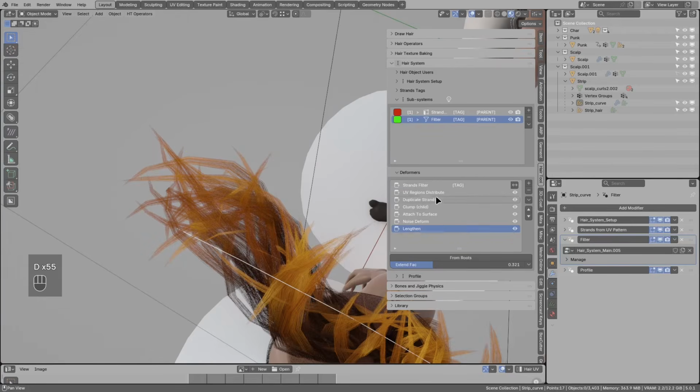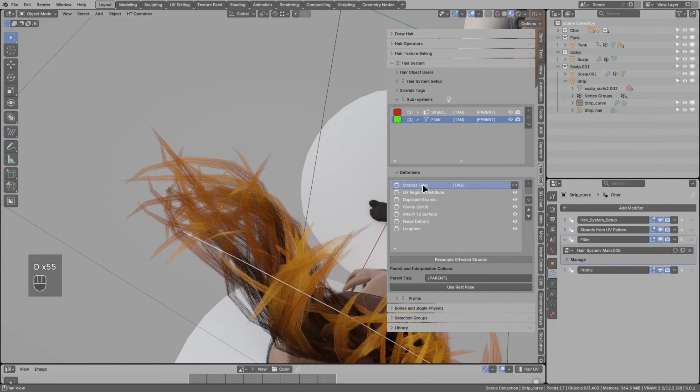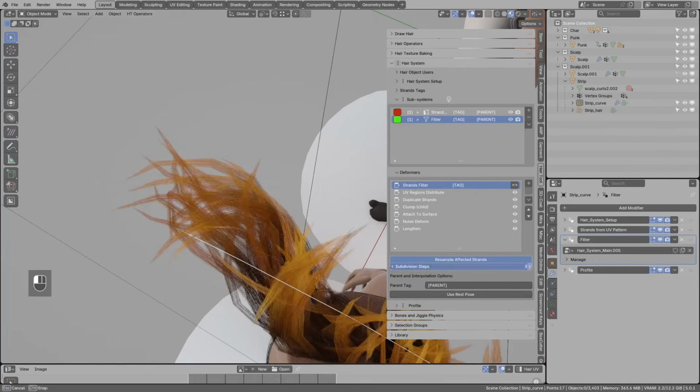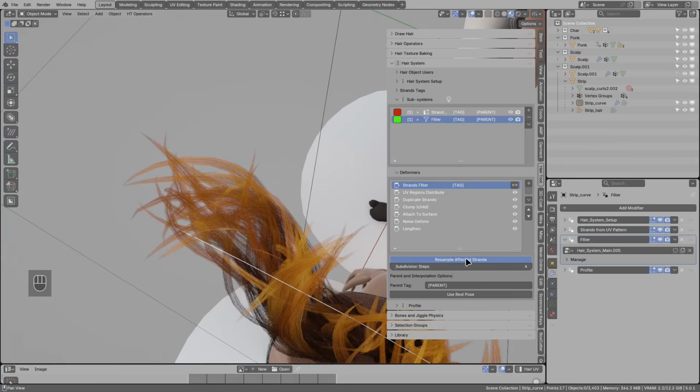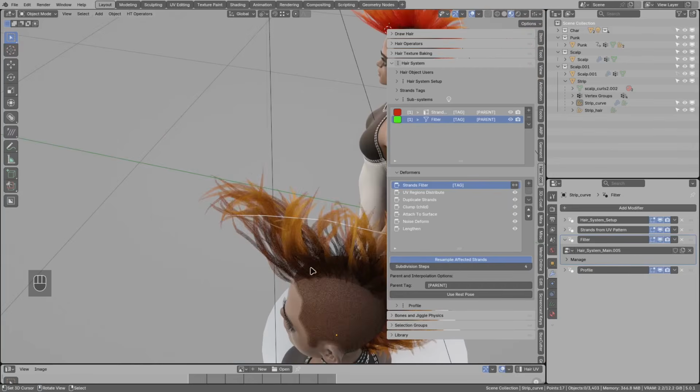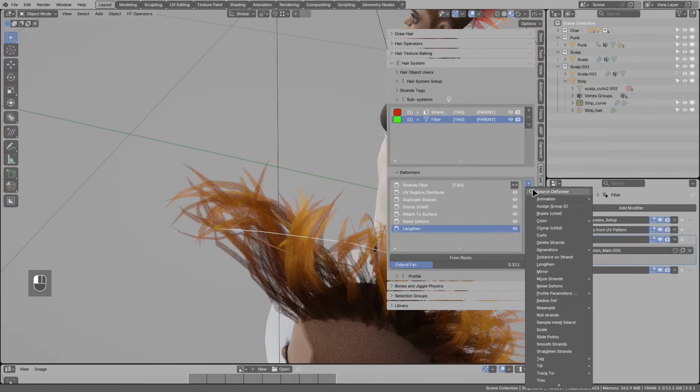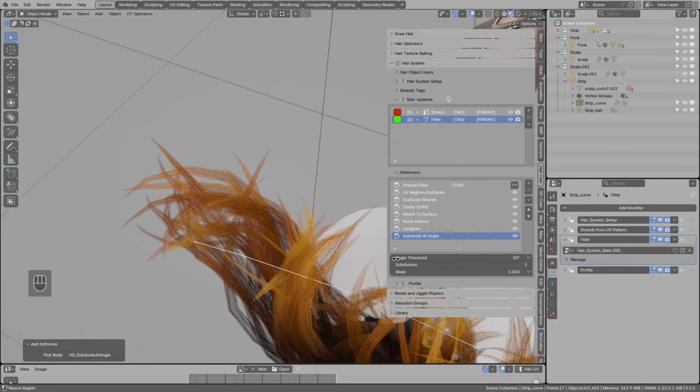So instead of subdividing all the strands, so in the strand filter, I could enable resample, then bump this up, but this would add more points everywhere. So instead, I will go to the resample, and there is subdivide at angle. And let's reduce the subdivision threshold, so it will be subdividing even straighter segments, and you see now this is